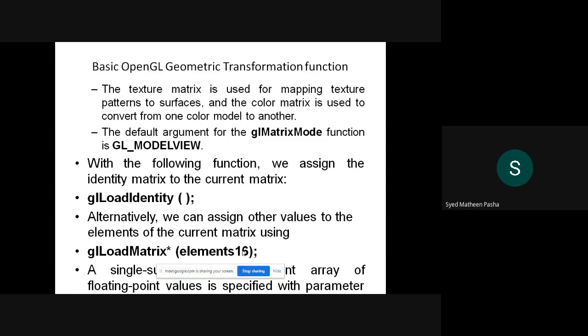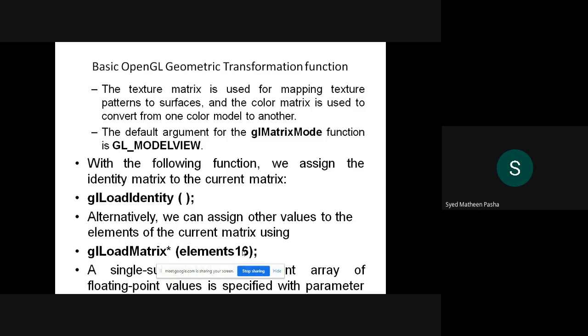First we saw 2D clipping, then algorithms, that is Cohen-Sutherland algorithm, polygon fill area clipping, then we saw Sutherland-Hodgman polygon clipping, and so on. Then we studied 3D geometric transformations, that is translation, scaling, and rotation. Then we studied different 3D transformations as well. We saw affine transformations, and then we saw different OpenGL geometric transformation functions.